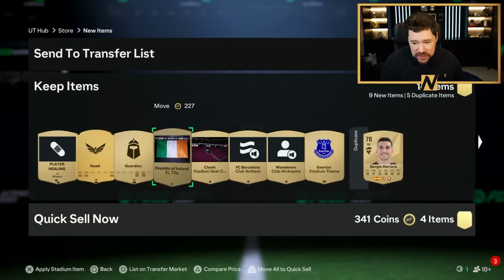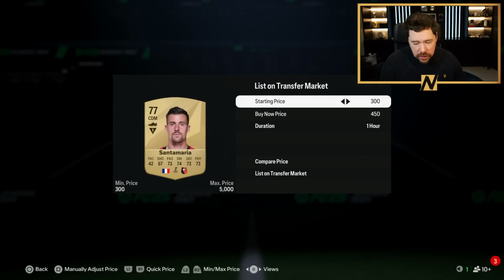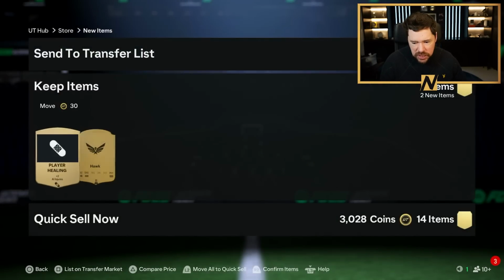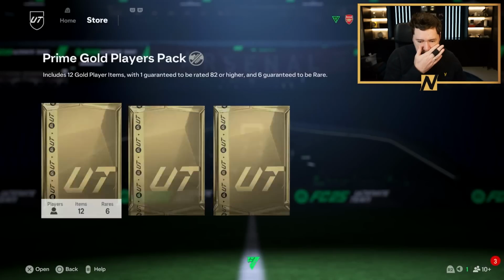This can all be discarded, which brings us even more coins back. He can go, and this can all get discarded. And maybe the Hawk sells. No, it doesn't. I probably actually would keep those two. But once again, we probably made about another 5,000-ish coins back off of that pack. So we're probably about